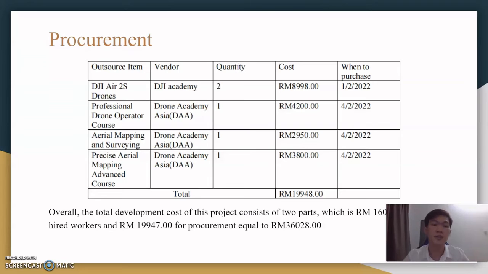The total development cost of this project consists of 2 parts: RM 16,080 for hired workers and RM 19,947 for procurement. So the total cost is RM 36,028. Okay, so that's all for our group project resource.